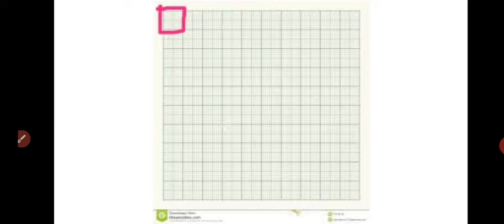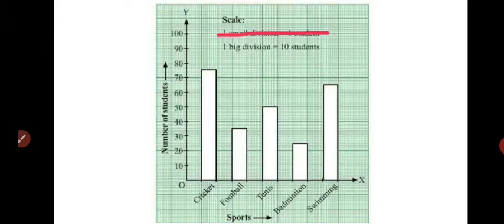So what you can see in the second graph paper, lightly green in color, where I have marked a pink box on the top, is a big box boldly colored with a black outline. Inside that, if you count vertically, you have 10 small boxes, and this is the graph paper we are going to use for drawing a bar graph with the given information.